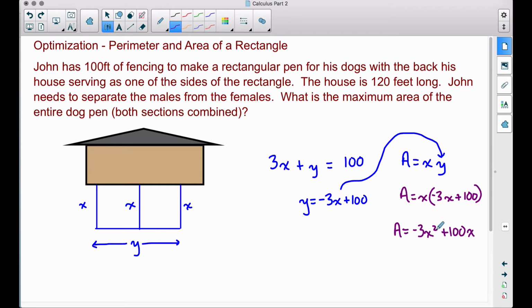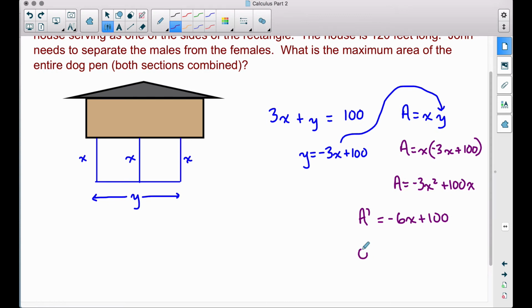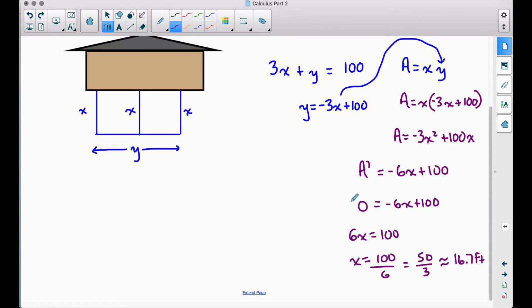And ultimately, what we're going to be finding here is a maximum, again, because we have a parabola, we have a quadratic, its leading coefficient is negative, guaranteed to have a max. Taking our derivative, we have negative 6x right here plus 100. And now let's set the derivative equal to 0. So we can take the negative 6x, move it over here to this side, making it positive, and then let's divide by that 6. Simplifying that down, we get x is equal to 50 over 3, which is approximately 16.7